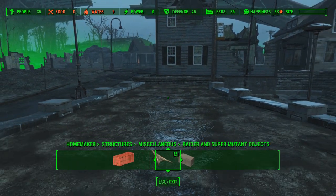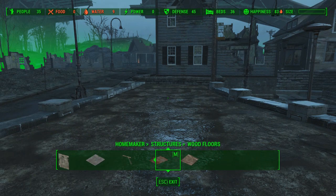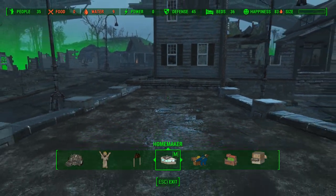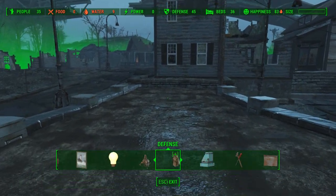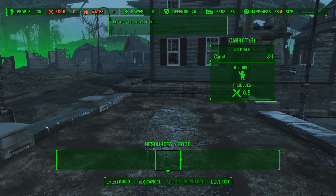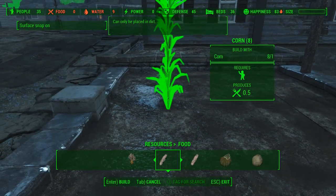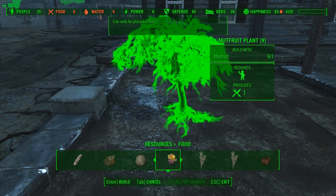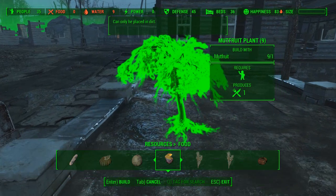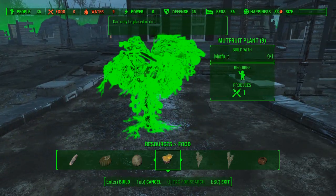That's where you get the telephone poles from. Never mind, I don't actually think that will fit here anyway. So let's put in some food. Okay, let's put the terrain snap back on. Now, the mutfruit makes sense because it's one food per item, but the amount of space this takes up